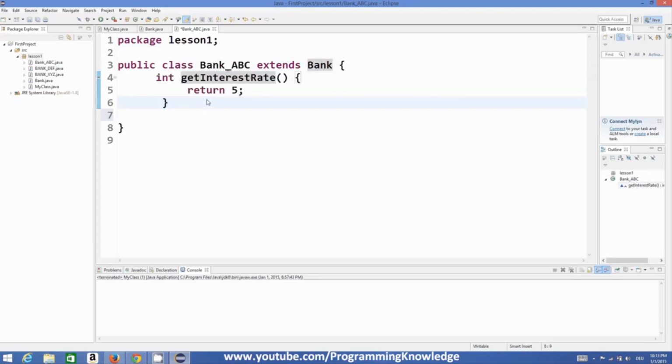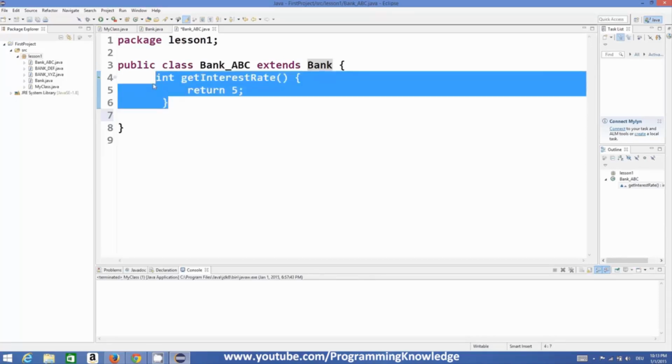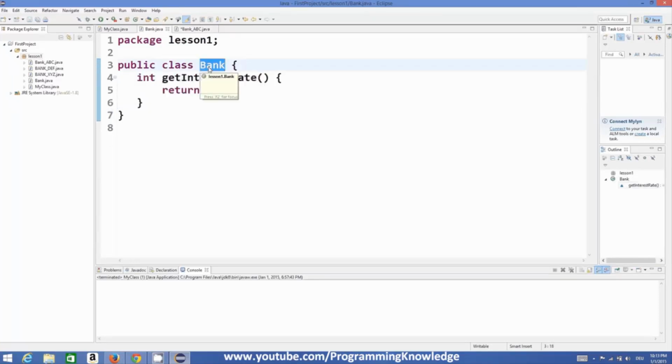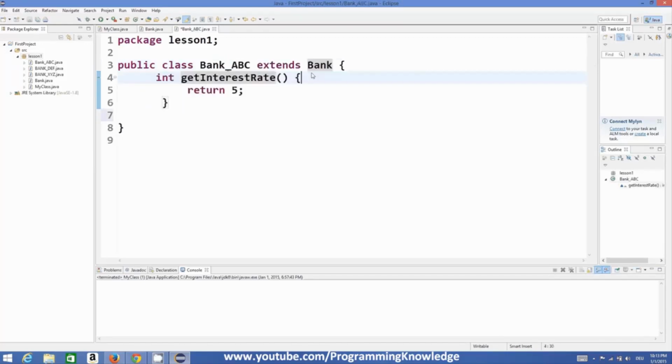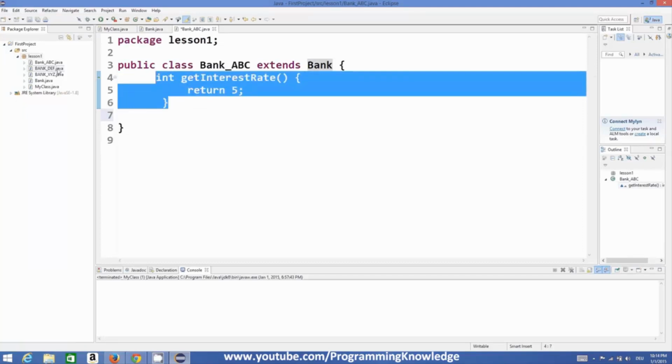Now a bank is abstract in a way that bank is a general term, or we can say bank itself is a very abstract word, because we cannot deduce which bank we are talking about from this class Bank. But we have BankABC which has some name, and this can give you some interest rates